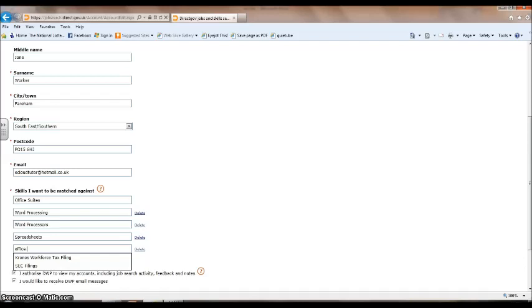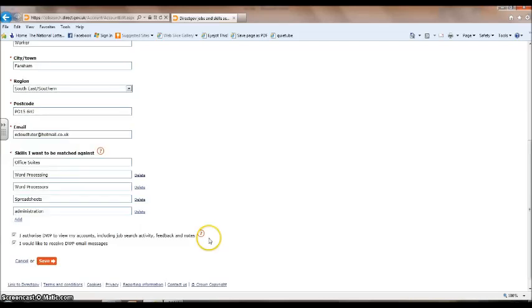If I put in office administration, maybe, no, so I'll probably just have to put in administration. Oh, well, we've got business administration, so that might do, so we'll put that one in. Now the next thing to look at down here is this little box that we ticked yesterday,